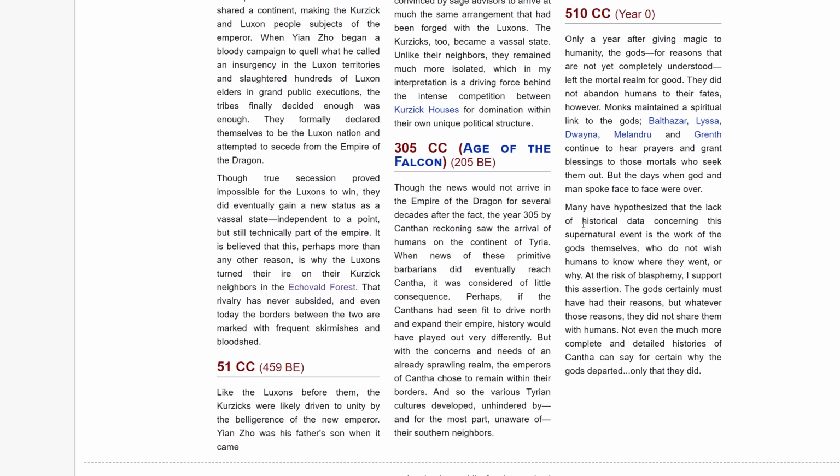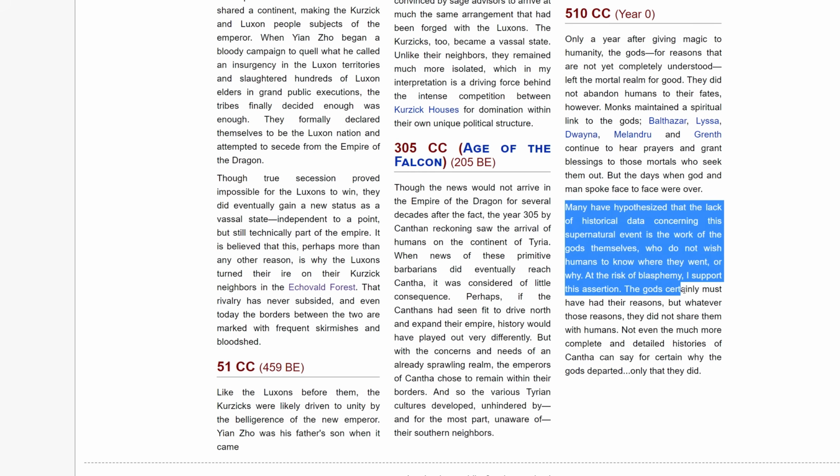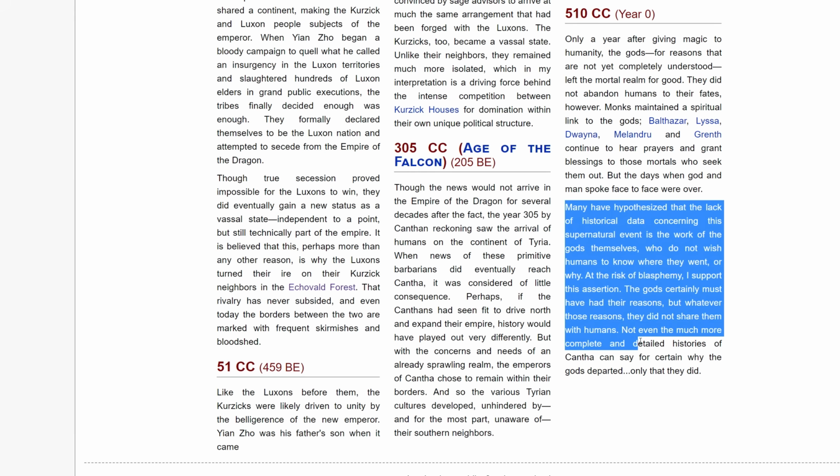Many have hypothesized that the lack of historical data concerning the supernatural event is the work of the gods themselves, who do not wish humans to know where they went or why. At the risk of blasphemy, I support this assertion. The gods certainly must have had their reasons, but whatever those reasons, they did not share them with humans. Not even the much more complete and detailed histories of Cantha can say for certain why the gods departed, only